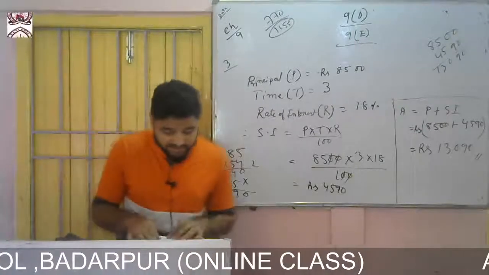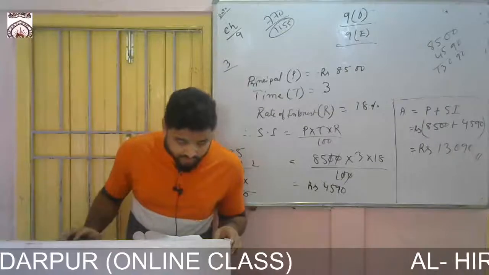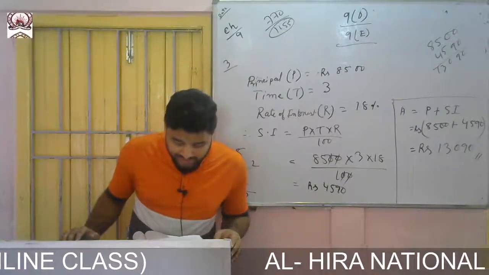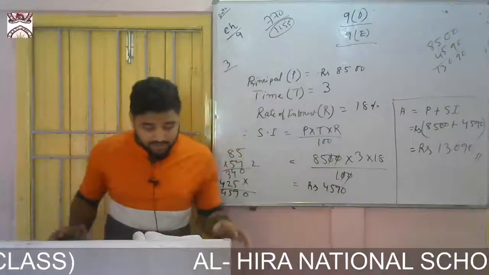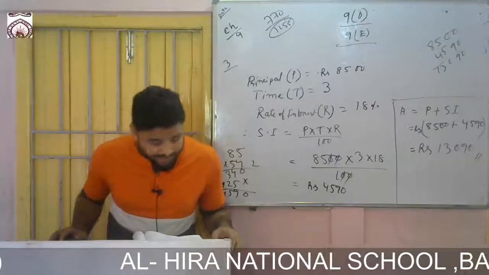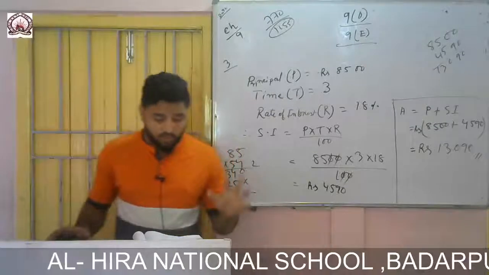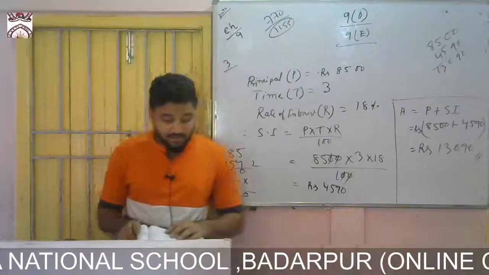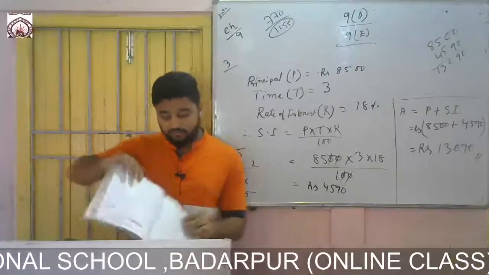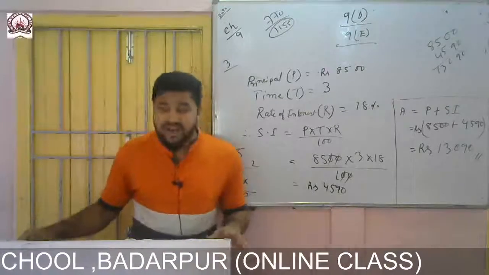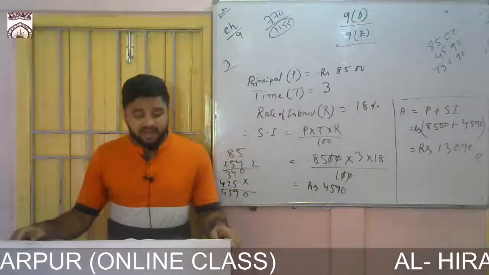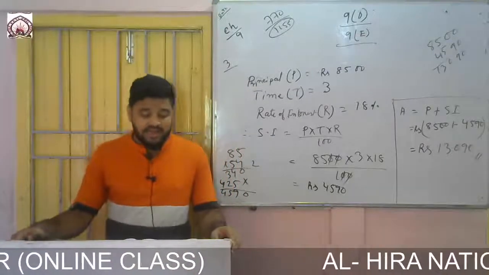Question number 6, I think it is similar. A farmer borrowed rupees 3600 at 15% interest per annum. At the end of 4 years, he cleared his account by paying 4000 and a cow. Find the cost of the cow. Yes, the question is very nice. You see, the question asks that a farmer borrowed rupees 3600 at 15% interest per annum.